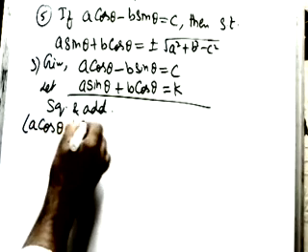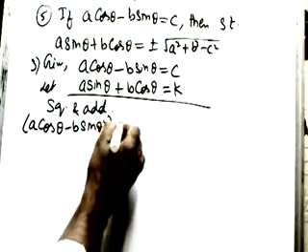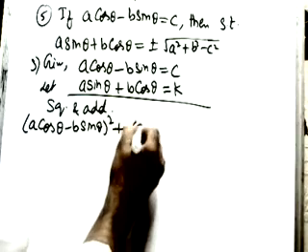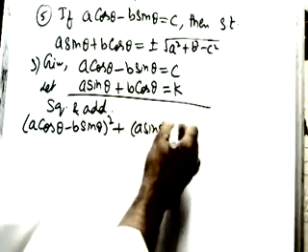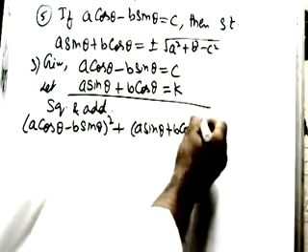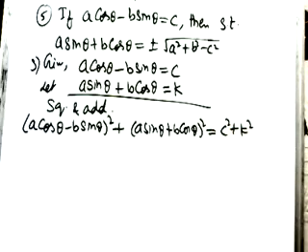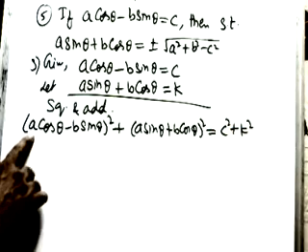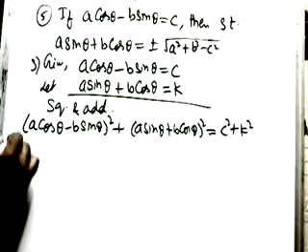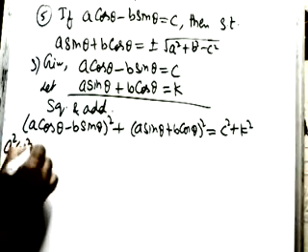So what is the first term? a cos theta minus b sine theta, we have to square. Plus what is the second term? a sine theta plus b cos theta, square, equals to, here also you square and add, c square plus k square. Now let me expand this using a minus b whole square is a square